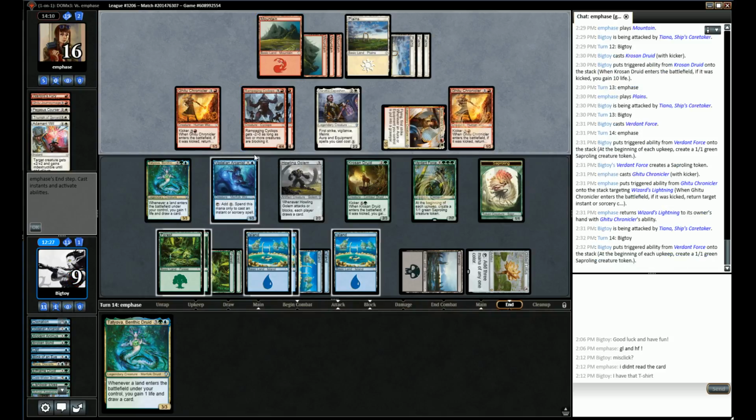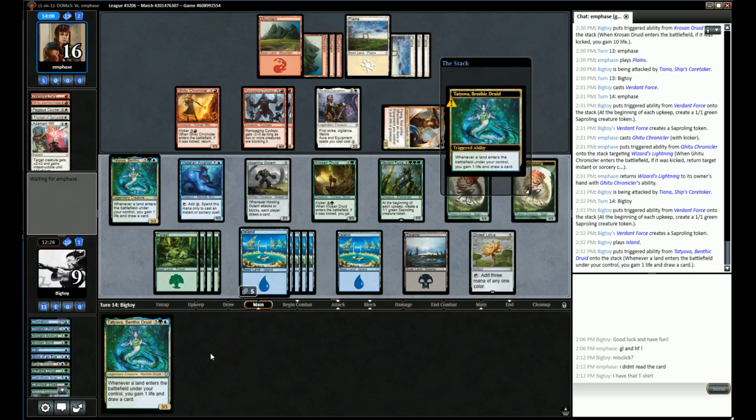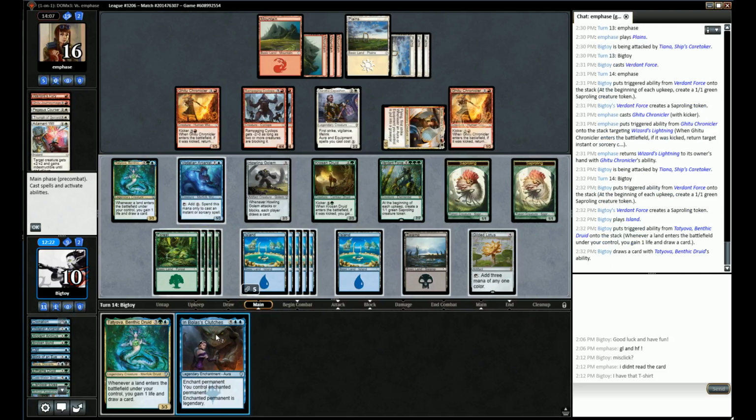So I have something. Yes, mini Saprolings, Island. Fine stuff. Oh, in Bolas's Clutches. It's so pretty. Okay, let's think about this. He has the Wizard's Lightning. If I get the 3/3 flyer,